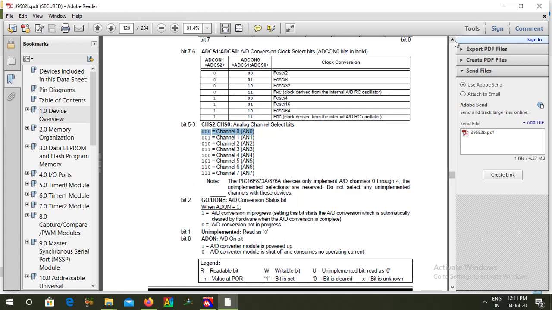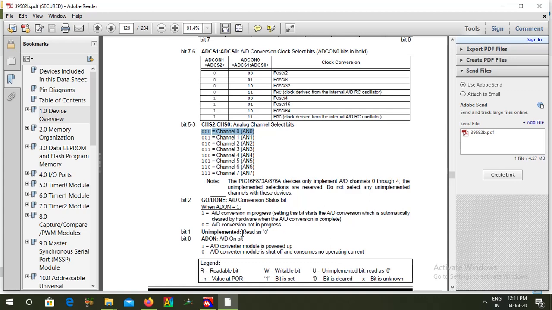Then bit 2, the GO/DONE bit. We will make this bit 1 to start the conversion. When the conversion is over, that bit will become 0.